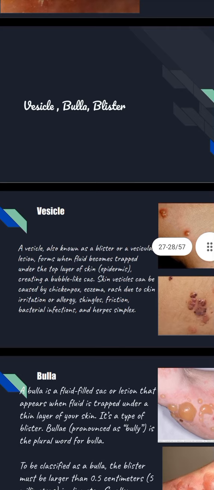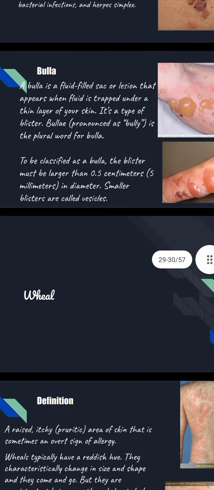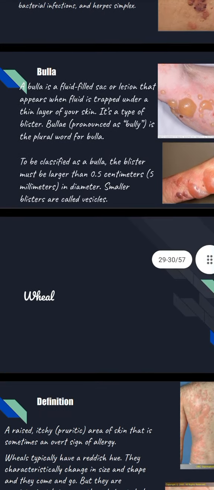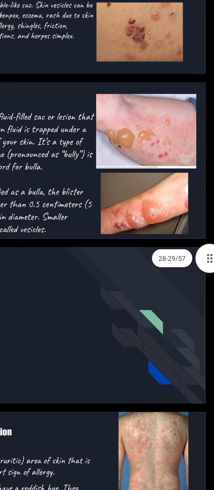Bulla. A bulla is a fluid-filled sac or lesion that appears when fluid is trapped under a thin layer of your skin. It is a type of blister. Bullae, pronounced bully, is the plural of bulla. To be classified as a bulla, the blister must be larger than 0.5 centimeter, 5 mm in diameter. Smaller blisters are called vesicles. As you can see in the picture,